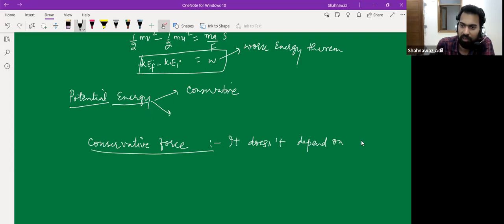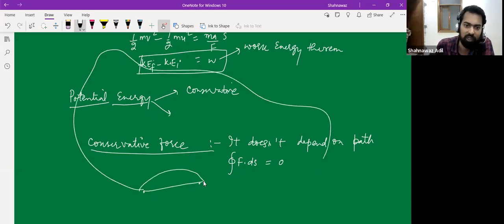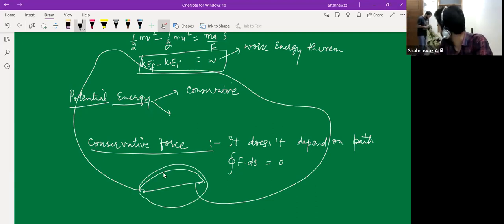And the second thing is that the loop integral is zero. So work done in the loop is zero, right? So these are 2 points, and if the force is conservative, whatever path you choose, you come from here, the work done will be the same, right? And if you complete one loop, then